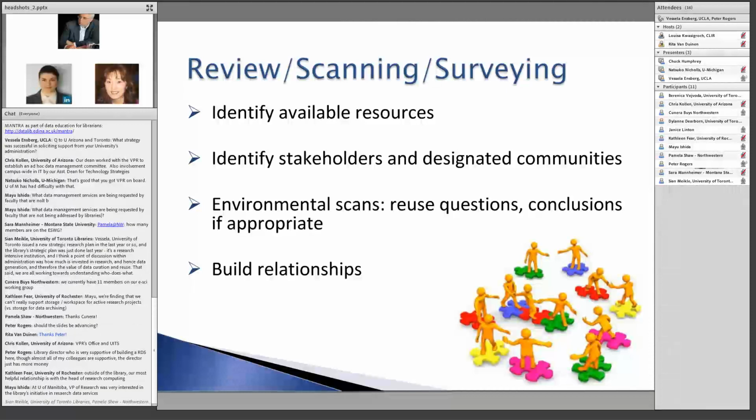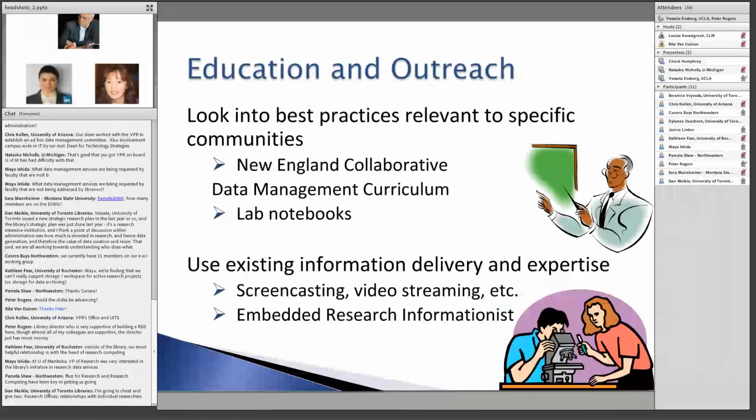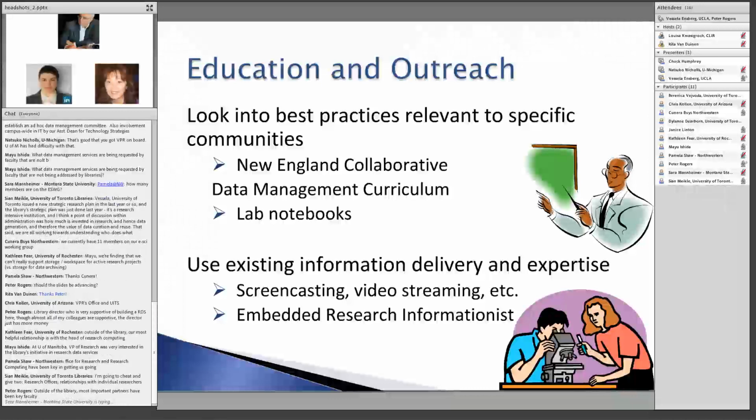All right, so there are multiple answers showing up, and the answers in the chat are going to be made available for everybody. So hopefully there will be some useful tips for all the participants. I'm going to move on to education and outreach, which is really the part that I have been involved in. And before I start, I have not implemented the New England Collaborative Data Management Curriculum, but